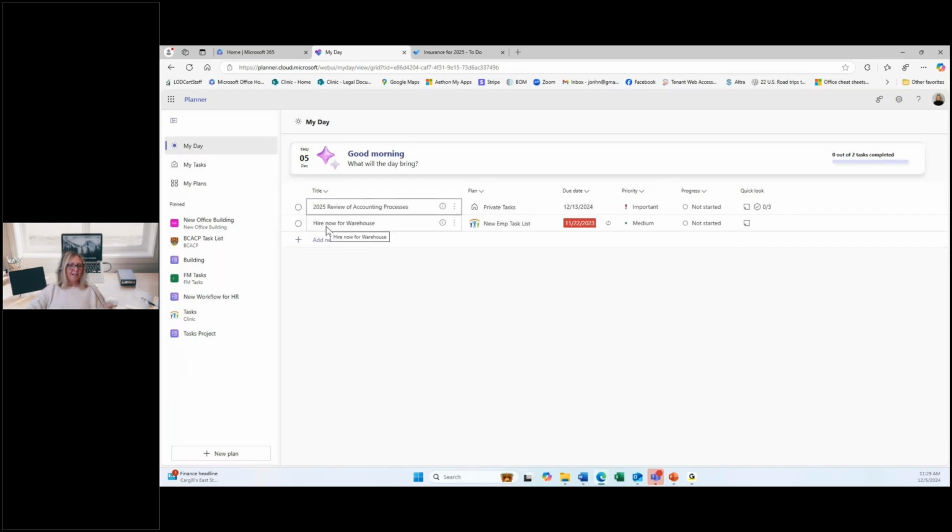So I was going to work on that task that was due back in November, and I'm going to work on the one that I had just added. Even though the 2025 review of accounting process was done in my To Do and it's my personal task, I could still access it coming here through Planner. So I'm in Planner